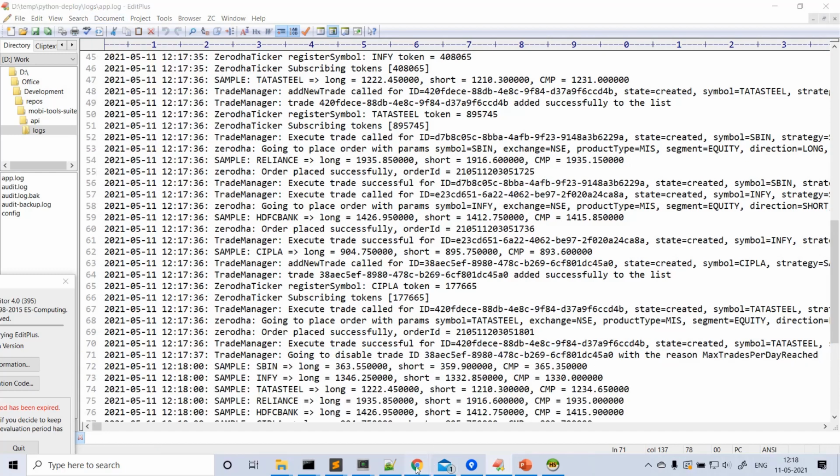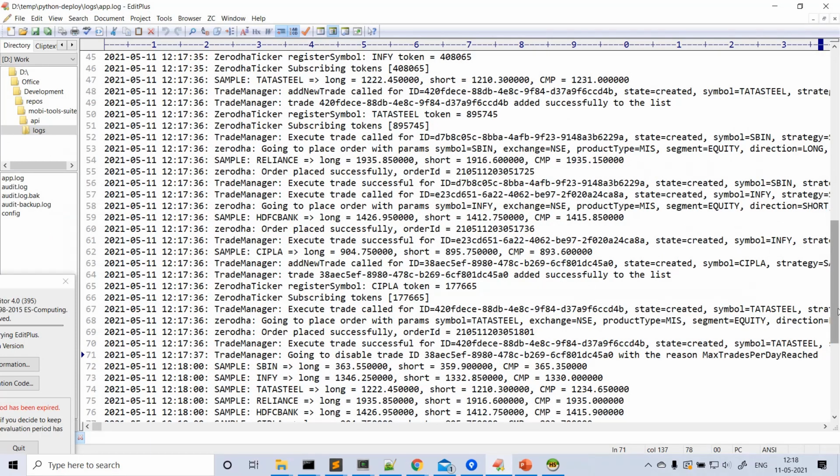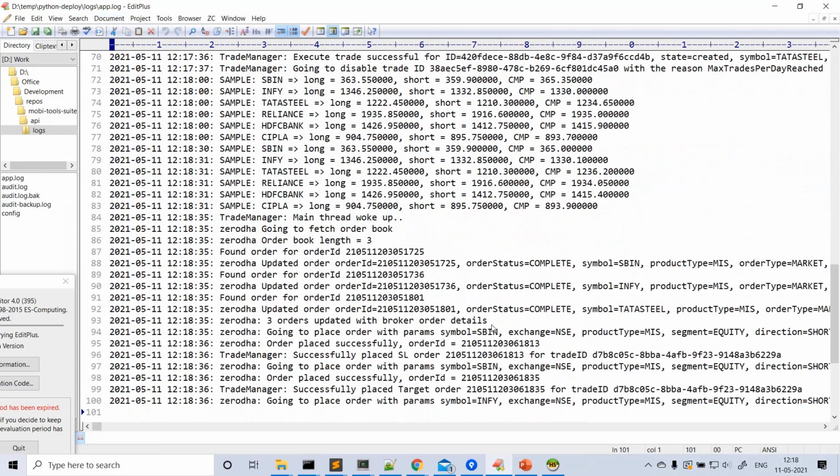So if you see the broker terminal, all 3 trades are placed, right? SBN, Infi short and Tata Steel. Okay, so Tata Steel is placed, and some other trade got disabled. So 3 done, right? So after some time, what will happen? I told you, right? In every minute, see,